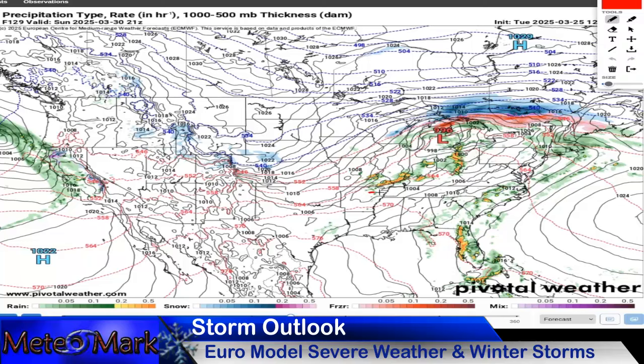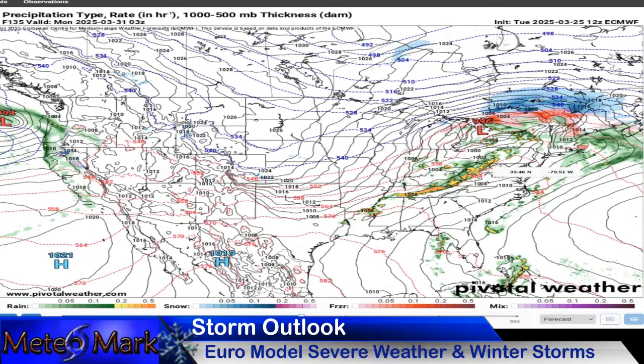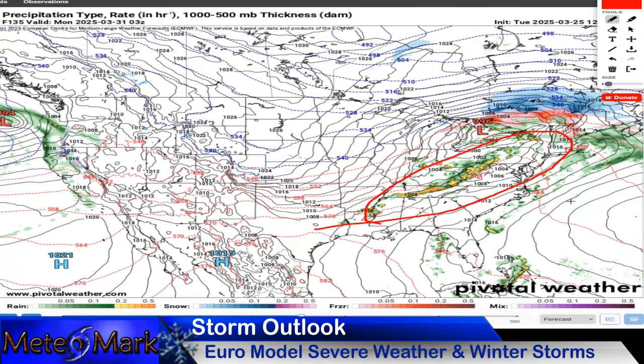This puts southern Illinois, Indiana, and all of Ohio in the risk for strong thunderstorms. Also down in through parts of the Carolinas and the peninsula of Florida as well. So this is pretty interesting how this is going to set up here. That squall line races eastward into western New York, western Pennsylvania, and another one consolidating across the Appalachians here. So this could be quite a big storm system going nocturnal throughout the evening into the night hours of Sunday